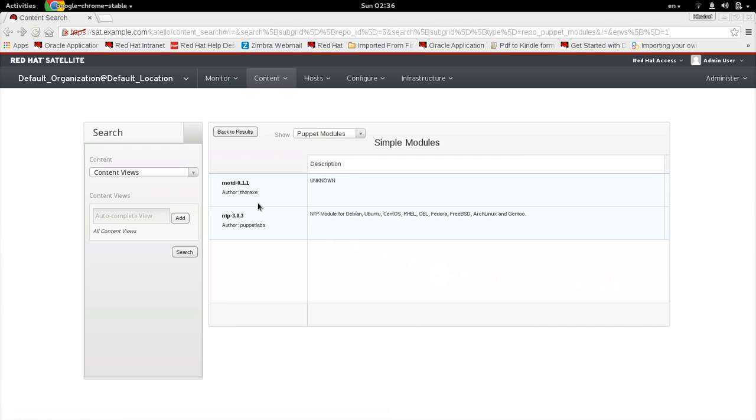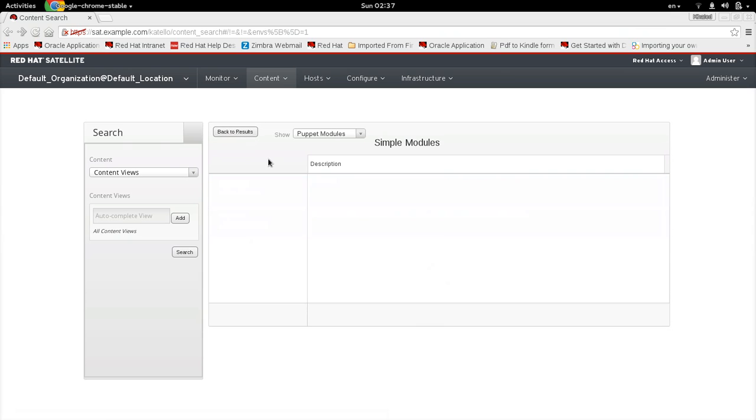So I have a module that is called Message of the Day. This is the famous /etc/motd message of the day that displays information whenever your users log into the system. And they have another module that is NTP. So this is useful if I need to automate the configuration of the NTP servers inside all my systems. Okay, so in other words, any system that will be registered to this